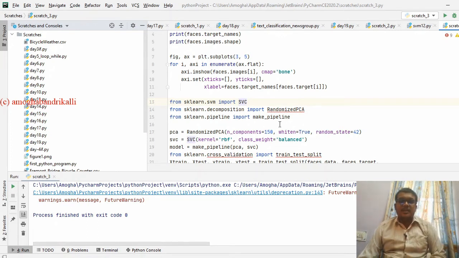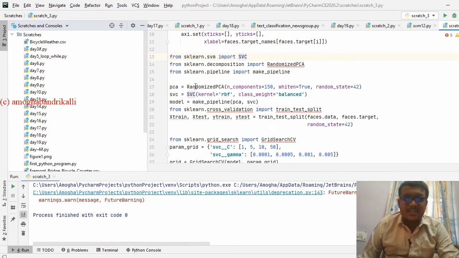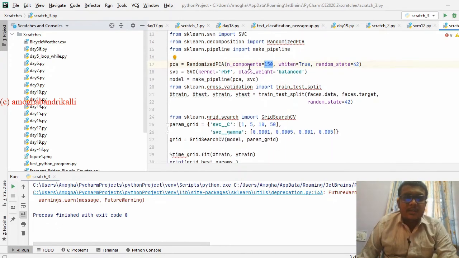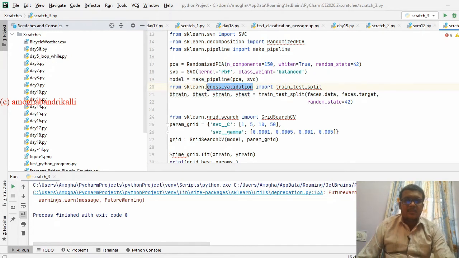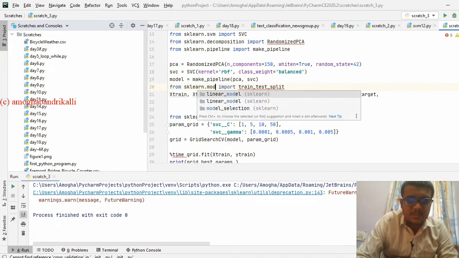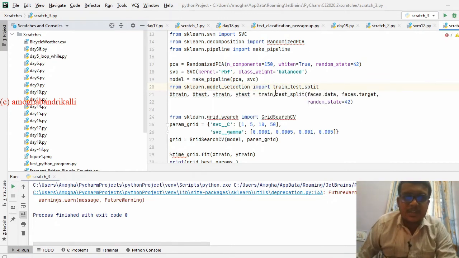In sklearn, we make a pipeline here, which we have already seen. Randomized PCA with 150 components, as I explained, and an RBF kernel, because it is non-linear data. The train test split is not in cross validation now, it is in model selection; it has been changed and will eventually change again.